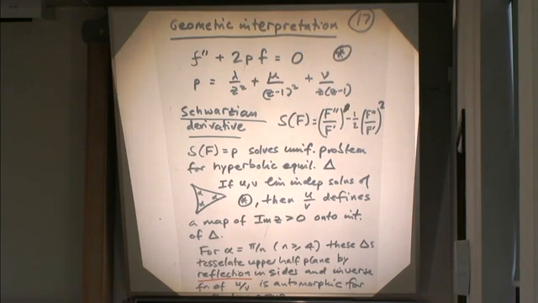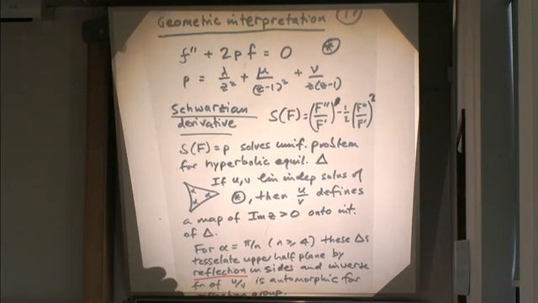And then how do we actually solve this thing? We take 2 linearly independent solutions of this Sturm-Liouville equation, which can be expanded as power series, and we take the quotient. And that defines a map from the upper half plane onto the interior of the hyperbolic triangle. Okay, so that's what Schwarz did. But he and Poincaré went a little bit further.